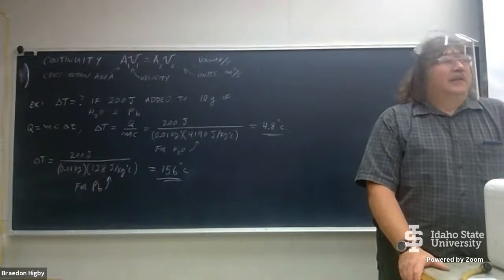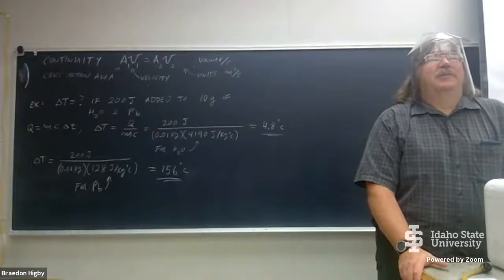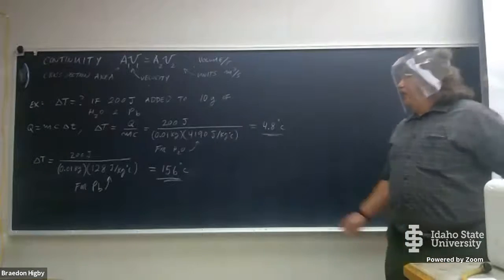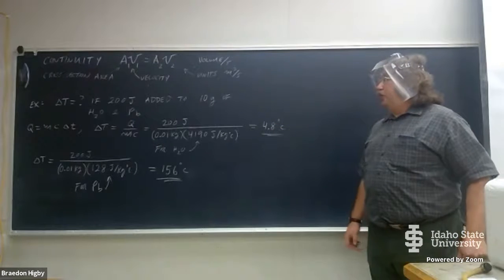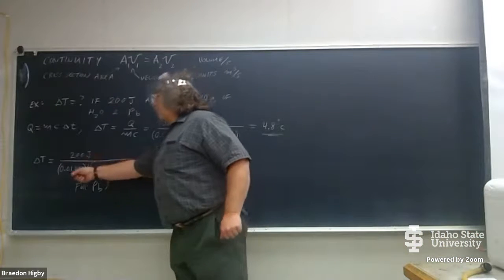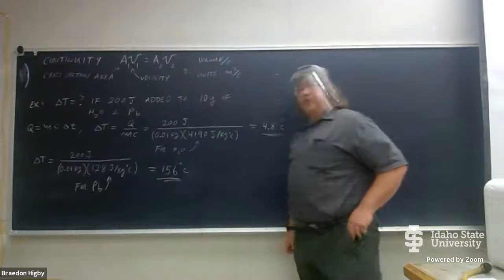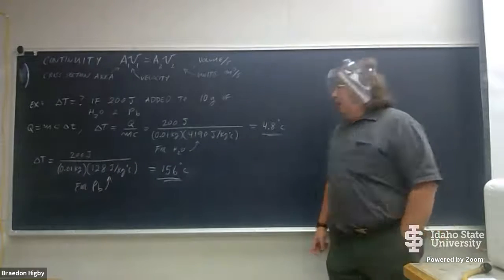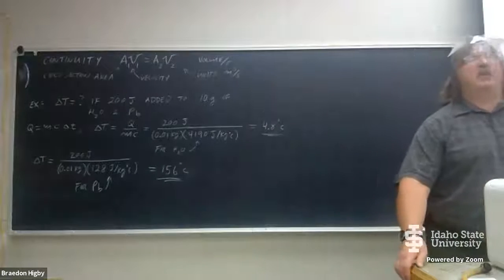That's like a nice size serving of scotch. You're going to get about a 5-degree temperature change with those 200 joules. If we do the same thing to lead, we'll have 200 joules, again divided by 10 grams, but the specific heat is 128 joules per kilogram degrees Celsius for lead. So we'll get a temperature change of 156 degrees,